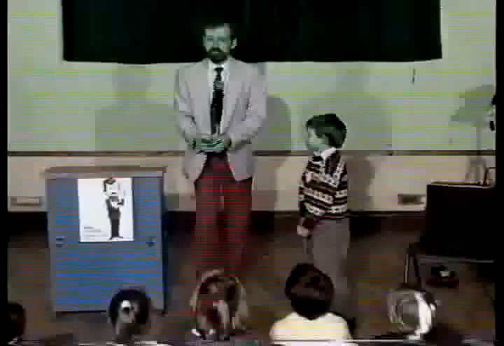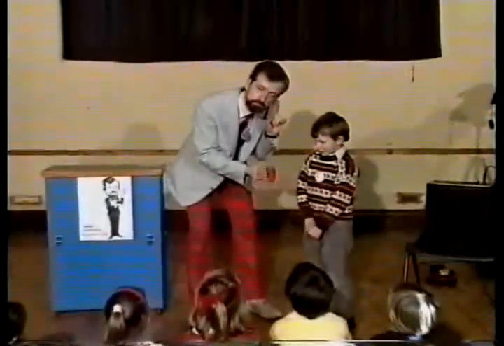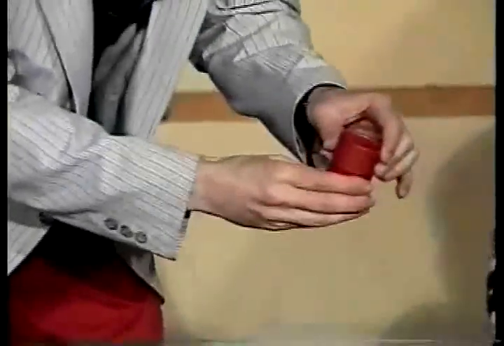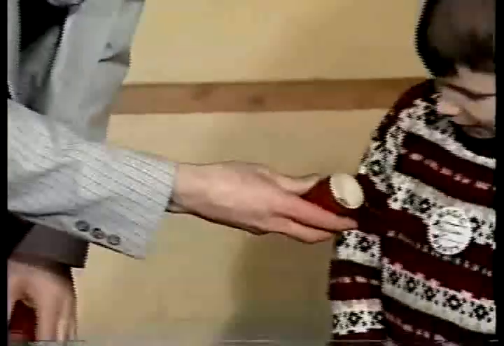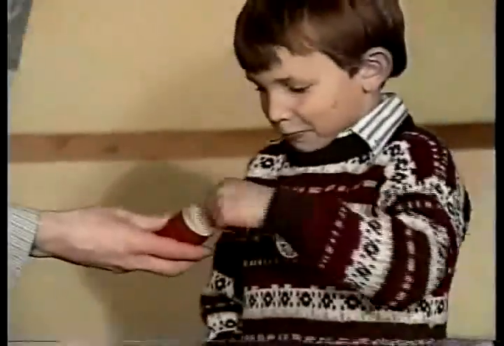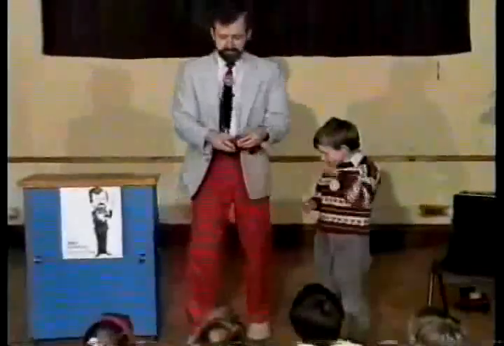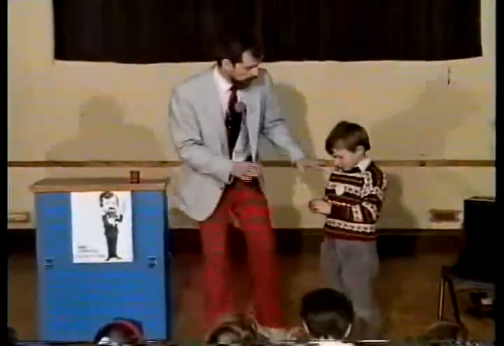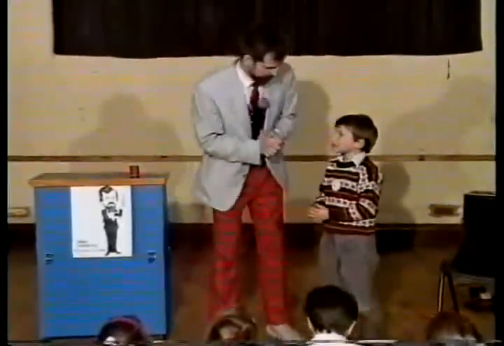Brilliant. You are very special. And it's going to use what's inside this box. Can you hear something? Yeah, it does sound like a coin, actually. What's in there? It's a coin, isn't it? Would you like to take it out? That is not an ordinary coin. No, that is a magic 10-pence piece. And that magic 10-pence piece, William is going to use in a very special trick.